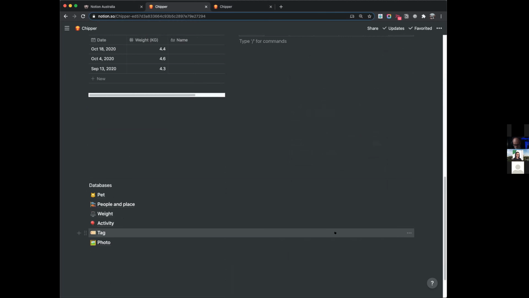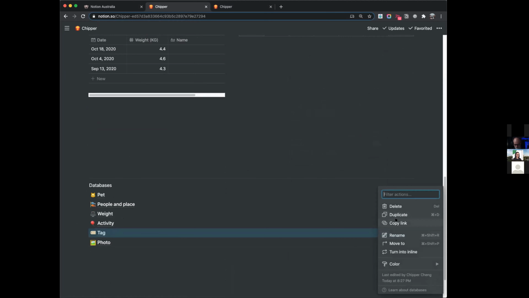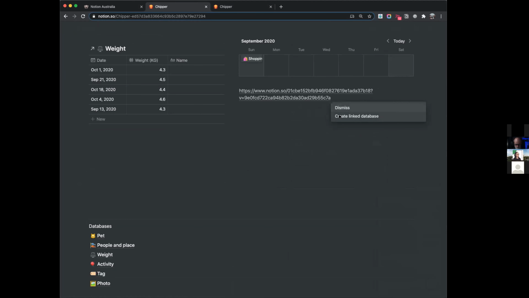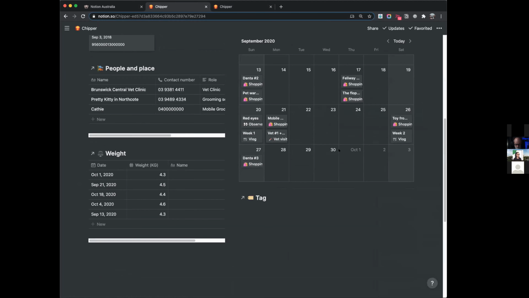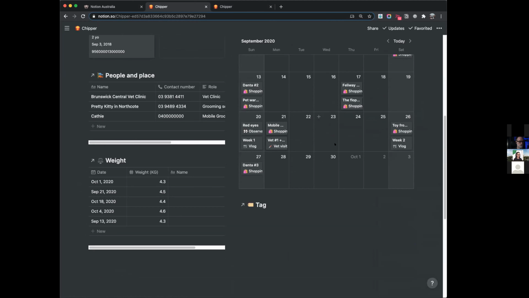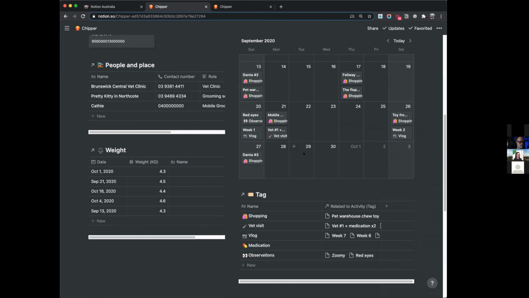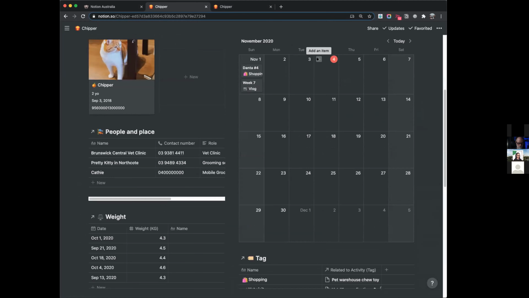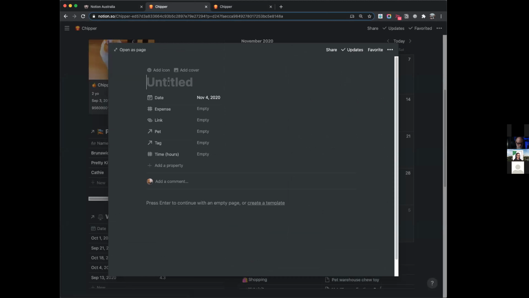Cool. So then we've got a tag. The reason I put tag right underneath this is just to remind myself what the typical categories I use are, so I don't invent new categories or tags when I log my things. So how I work is, let's say today is this day, and then let's say maybe I take Chipper to the vet visit number 3 maybe.